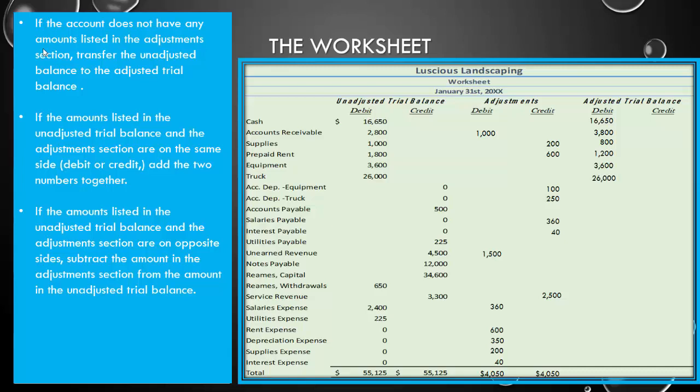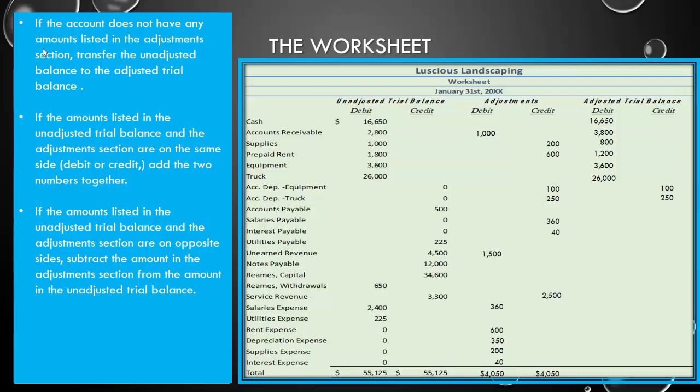Equipment and truck both had 0 things happen during the adjustment, so we can just move their unadjusted number over to the adjusted section. Accumulated depreciation of equipment and truck didn't have a balance at all in our unadjusted section, and we only had adjustments, but they're both listed on the credit side, so let's add them together. And 0 plus 100 and 0 plus 250 is going to give us the same exact number in our adjusted